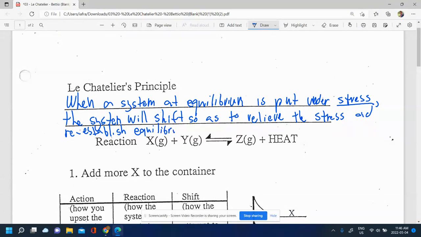So essentially, if you have a system at equilibrium and you knock it out of equilibrium by stressing it,